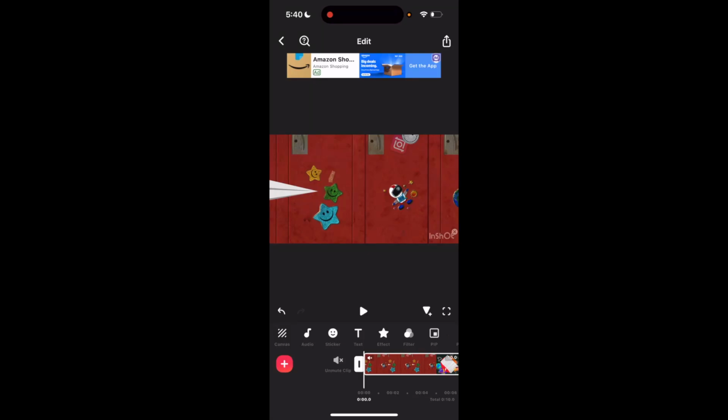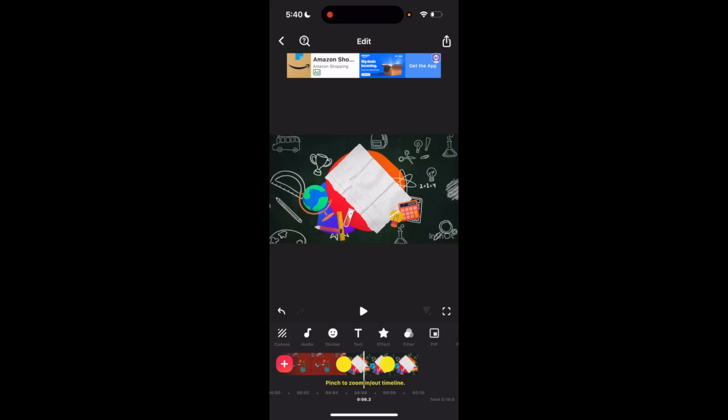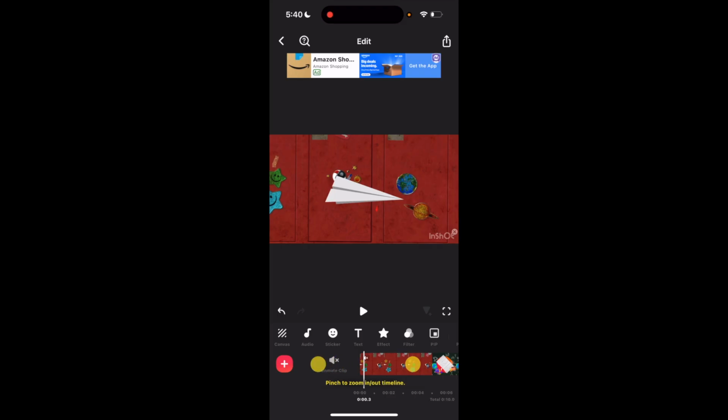So in this InShot tutorial video, I'll be showing you guys how to change the aspect ratio of a video here on InShot. So once InShot is opened up, if I were to just go ahead and play this video from InShot, it looks like just like a back to school prompt or whatever that you can get through InShot. But regardless, if you wanted to change the aspect ratio to maybe make it more of like an Instagram video